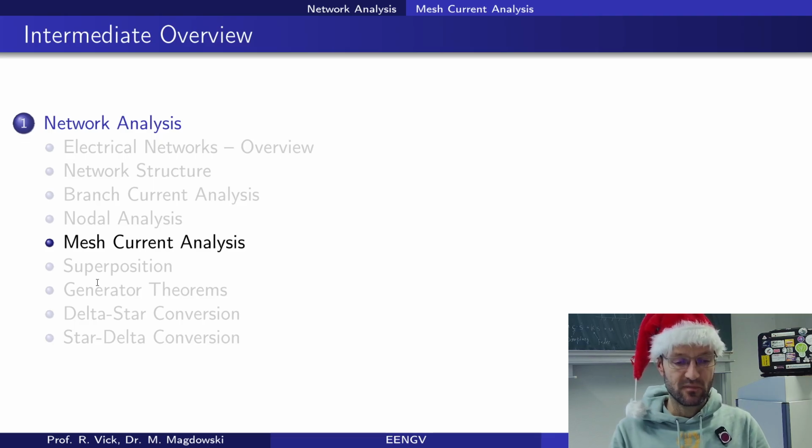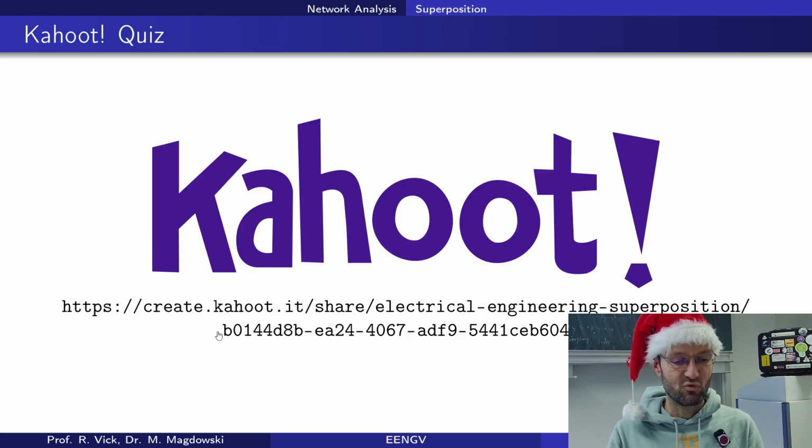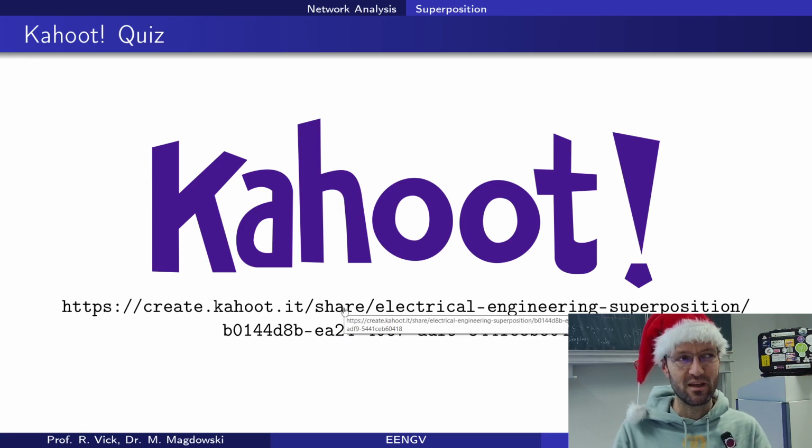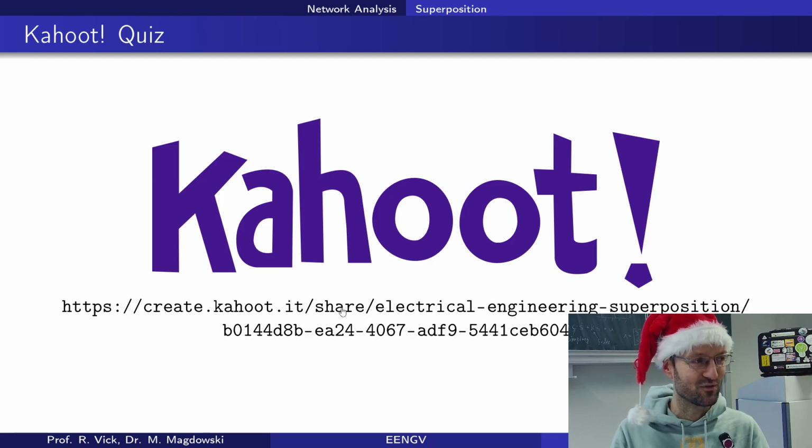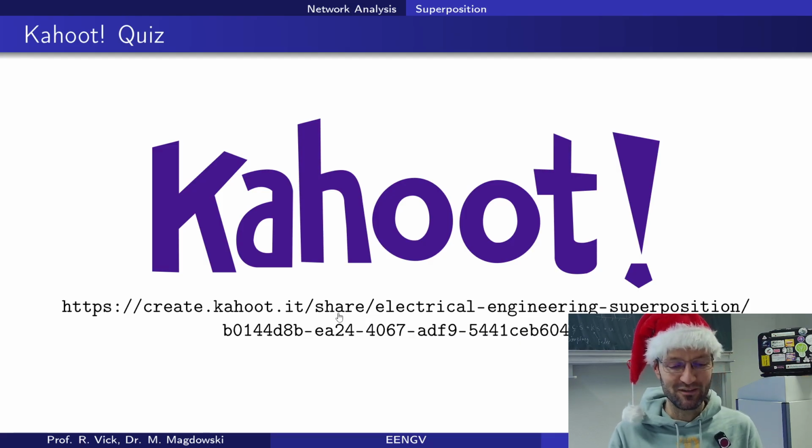Okay, so then I would, for the moment, skip the mesh current analysis to save some time, and at first go to the superposition method. And for the superposition method, to explain this, I have prepared, and I mean, you have probably had a look at the slides before because you were confused that I was using different slides. I've prepared some Kahoot quiz, and hopefully my browser is still logged in or would allow me to log in quickly.